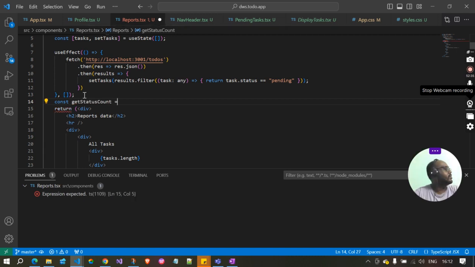Actually, we can do it in several ways. We can pass the status and we can read it, or while getting the data itself, you can map it into the statuses and you can get it. Yes or no? Which is the best way means, while getting the data itself, you can get the unique status and map with that and you get it. That's the right way, okay? But I don't want to waste the time here. But the right approach is, you have the task here. From the task, get the unique status, okay? Filter and have it as an object. But that is the other thing we will see. As of now, I'll do